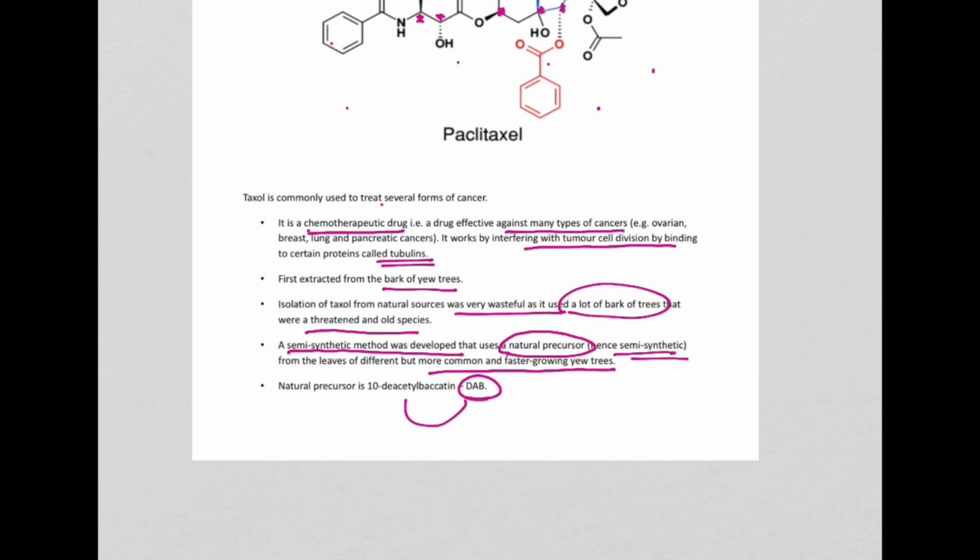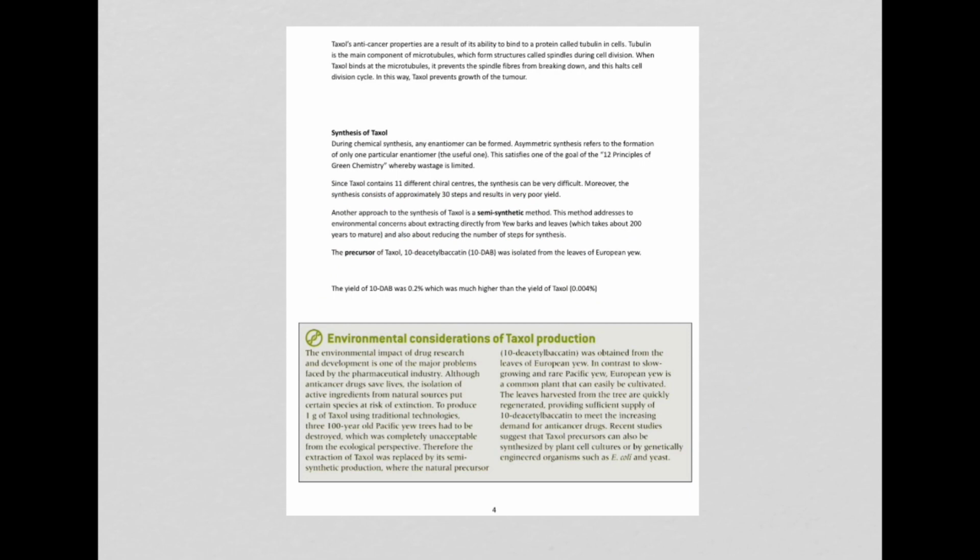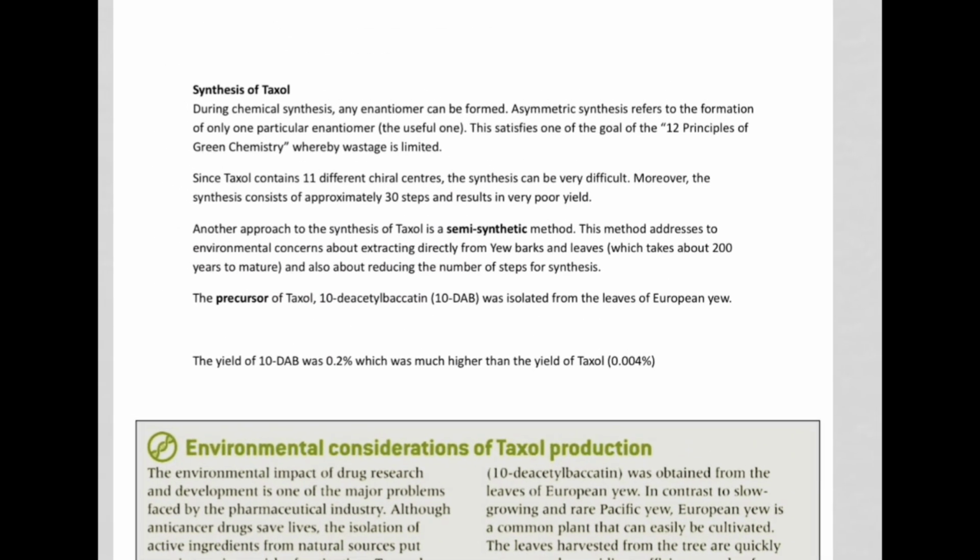DAB is short for this. This is the DAB molecule, and this is an overview of all the steps. Now, when we carry out all the steps, this is a very low yield process, and the yield to make taxol from the yew tree bark was 0.004%. But when we do the semi-synthetic method, this method addresses the different environmental concerns, which means that those leaves,